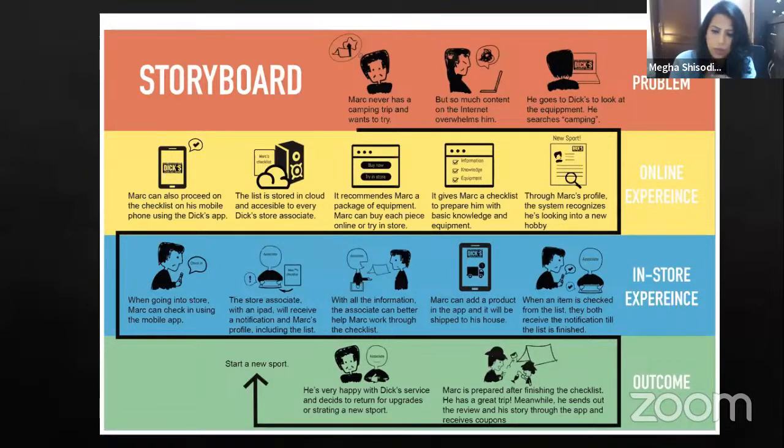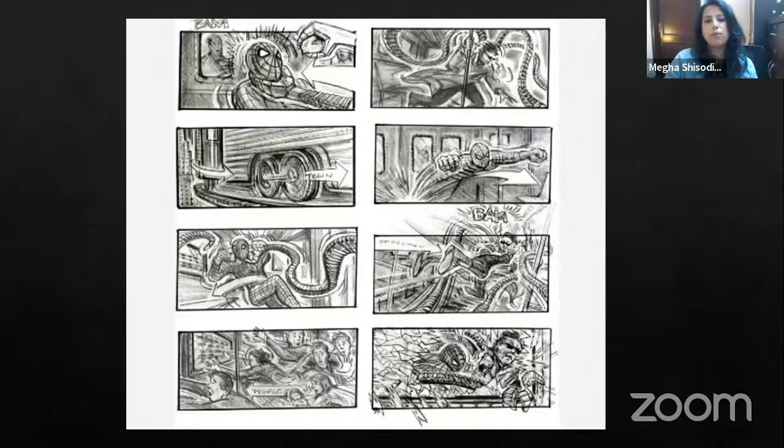And the last, I am giving you an animation, a movie, a short video. So this is a storyboard of a comic. This is used in comics as well as for movies. This is a shot by shot depiction. Can you see one after the other? Storyboards are widely used for animation and for movies.